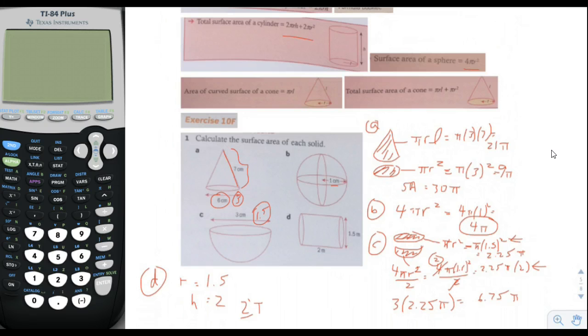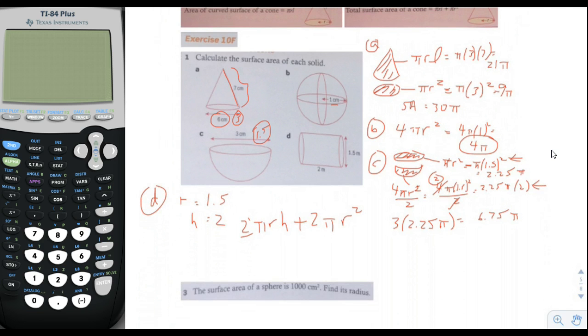That is the whole formula. So 2 pi times 1.5 times h, which is 2, plus 2 pi times 1.5 squared is equal to, let's see, 1.5 times 2 times 2 pi is 6 pi,